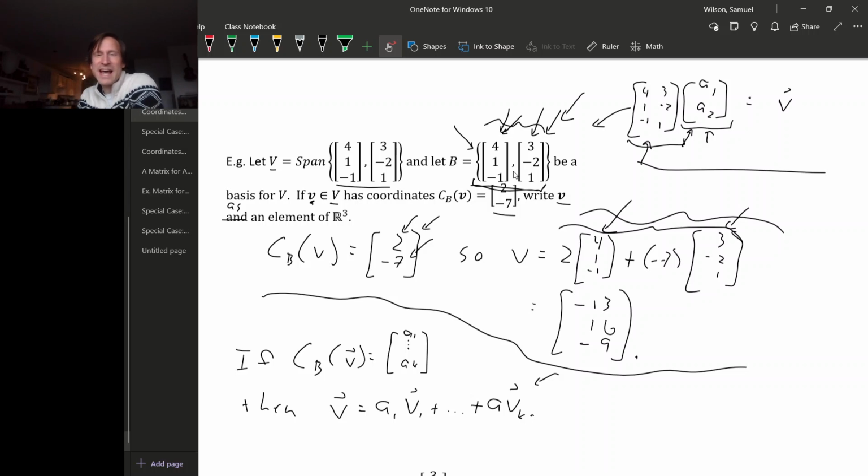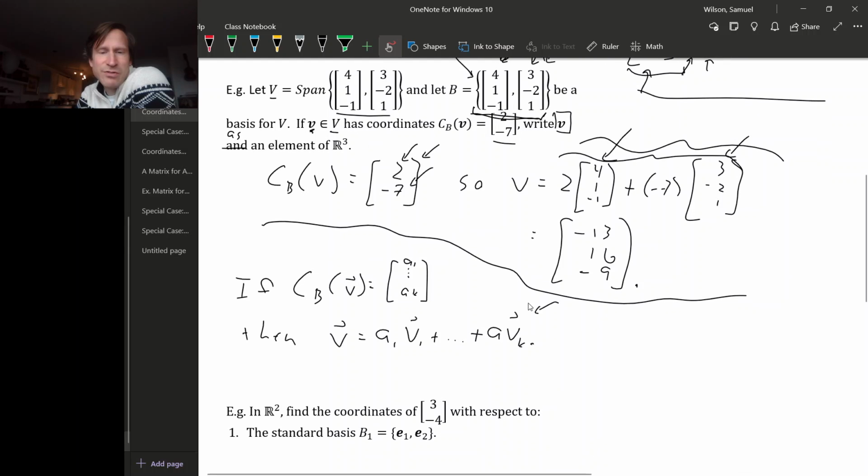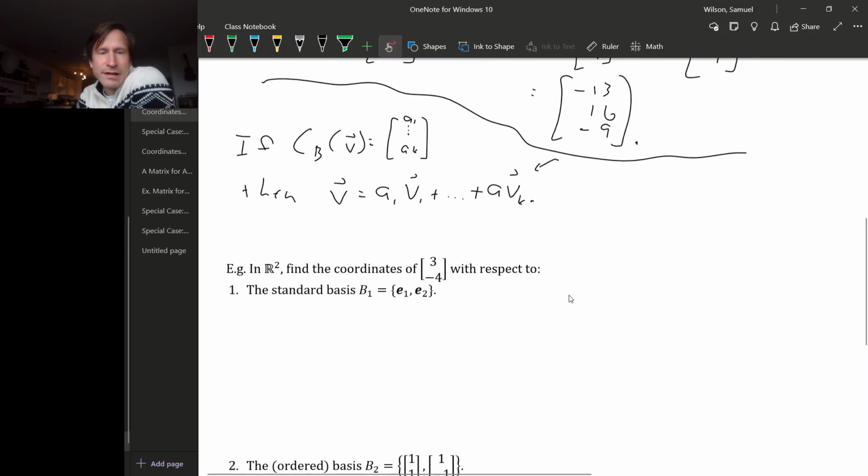All right, so here we had coordinates and we reconstructed the original vector. We could go the other way. We could have a vector and find its coordinates. So let's do that with this vector. We have the vector 3, minus 4 in R2. Let's find the coordinates of this with respect to the standard basis, and then afterwards we'll look at a different basis. So we're going to find the coordinates with respect to B1 of